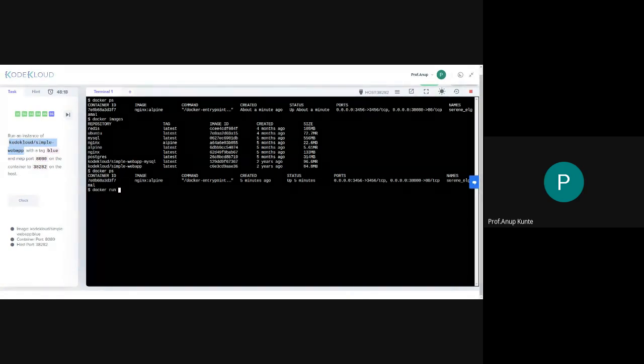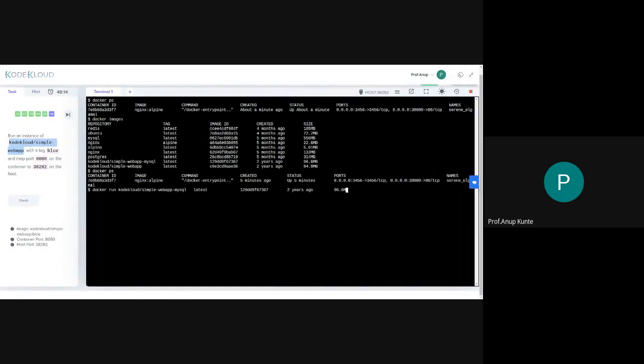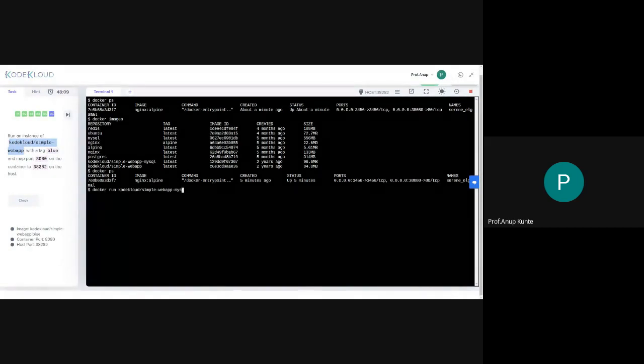So docker run, and I should write the, okay, sorry, I copied something else. It should be simple-web-app only, because my cursor was moving here and there, so it actually copied something else. So this is the name of the image that I want to run.